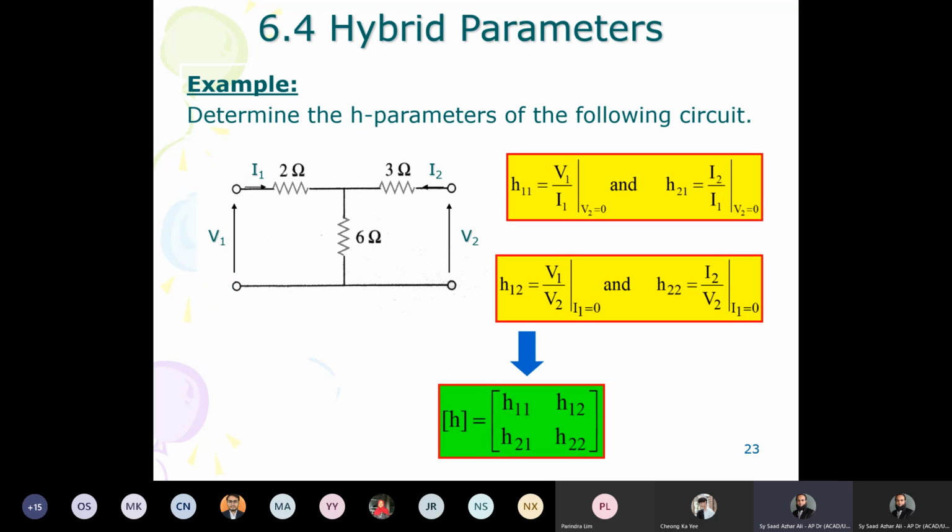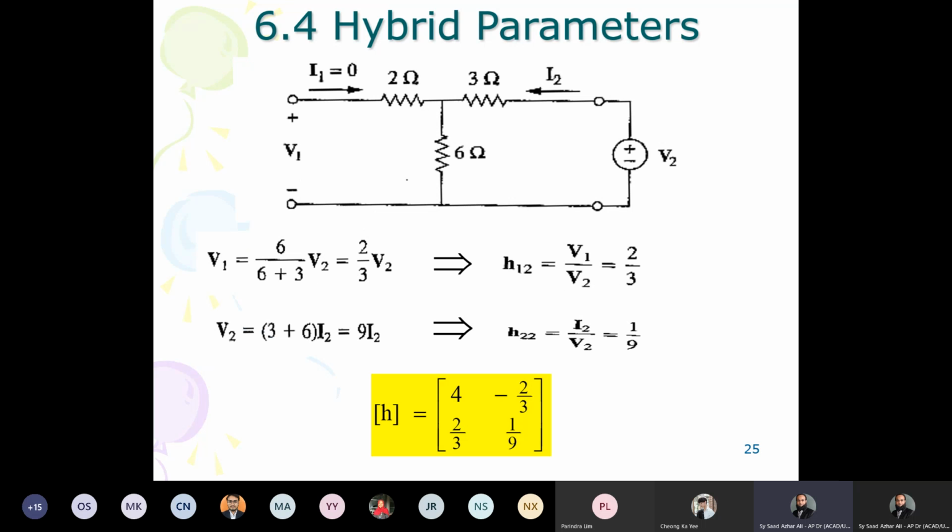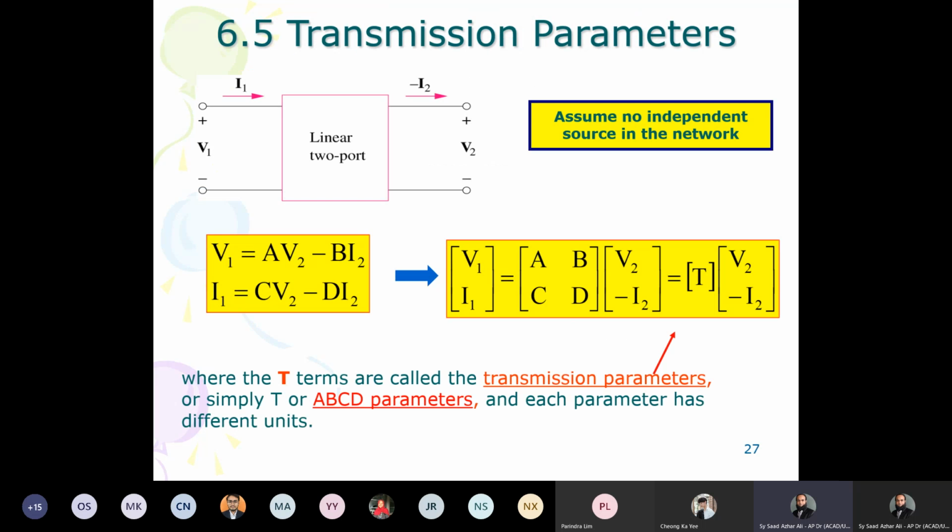All right. Okay, I think once again, straightforward things. You can do these examples very easily. What else? Transmission parameters. I don't think I'm going to cover this because